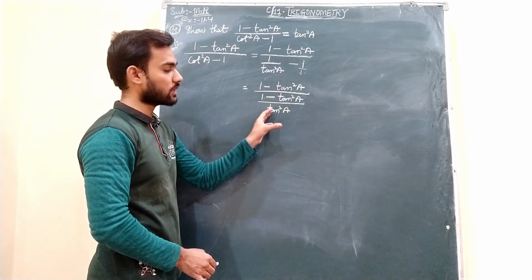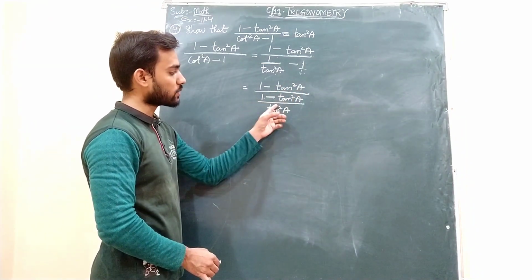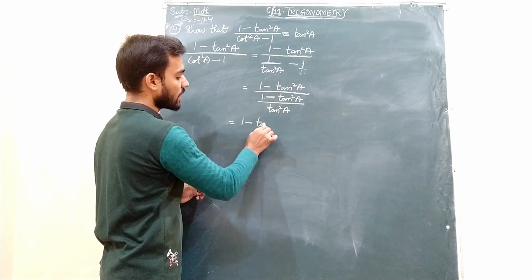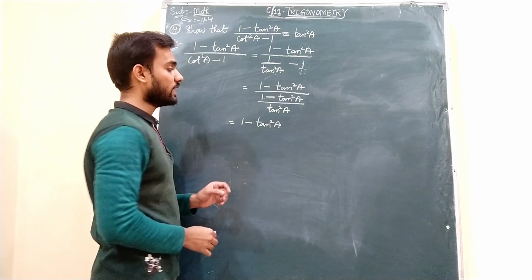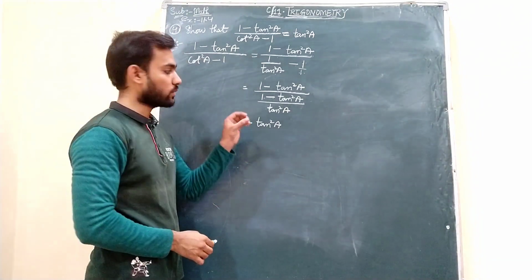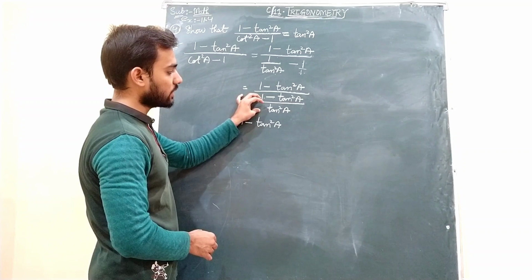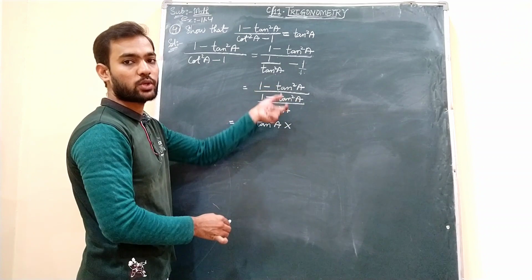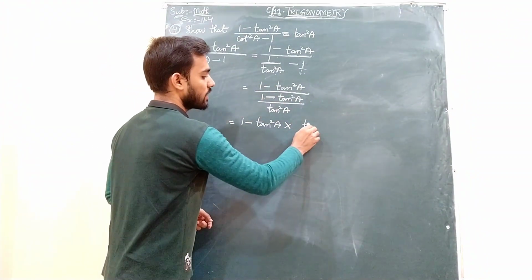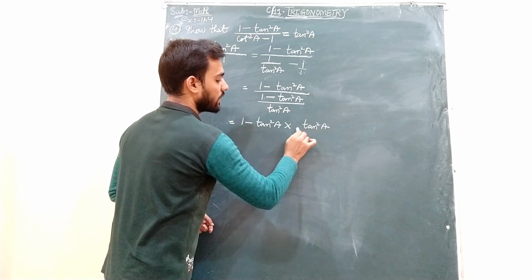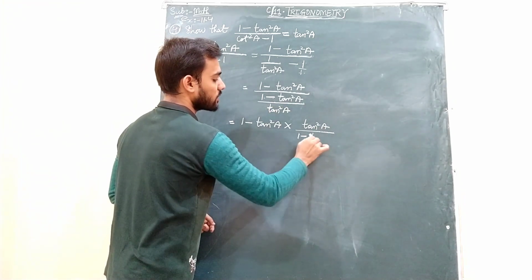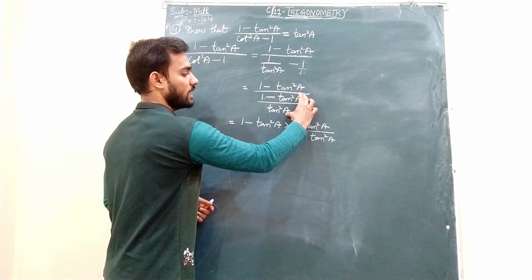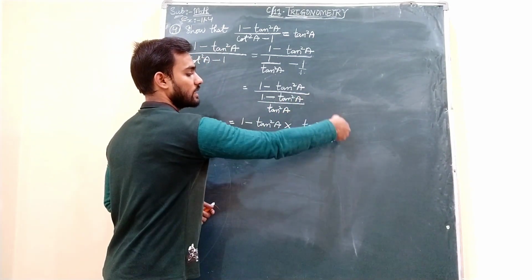Numerator cross denominators direct we did in this part, and we got 1 minus tan square a upon tan square a. Now this numerator again I will keep as it is, 1 minus tan square a. We did in exercise 11.1 and 11.2 questions. Whenever this denominator, if I take into multiplication, this gets reversed. This reciprocal we need to write. So this is written as tan square a divided by, this comes into denominator, that is 1 minus tan square a. Understand students? This complete denominator I have taken into multiplication, so this gets reversed.